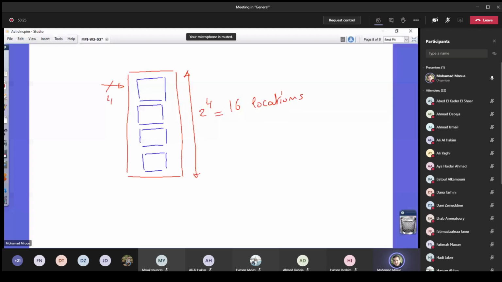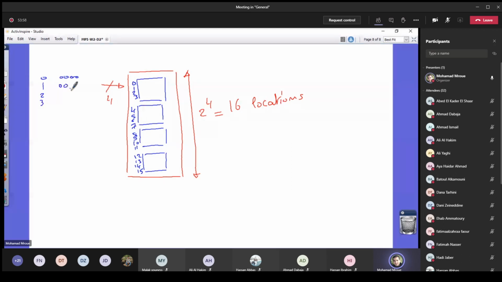Okay, so here we have the locations from 0 1 2 3, then 4 5 6 7, then 8 9 10 11, then 12 13 14 15. Okay, so we are going to use 2 bits here. If I start from 0 1 2 3, in binary we have 0 0 0